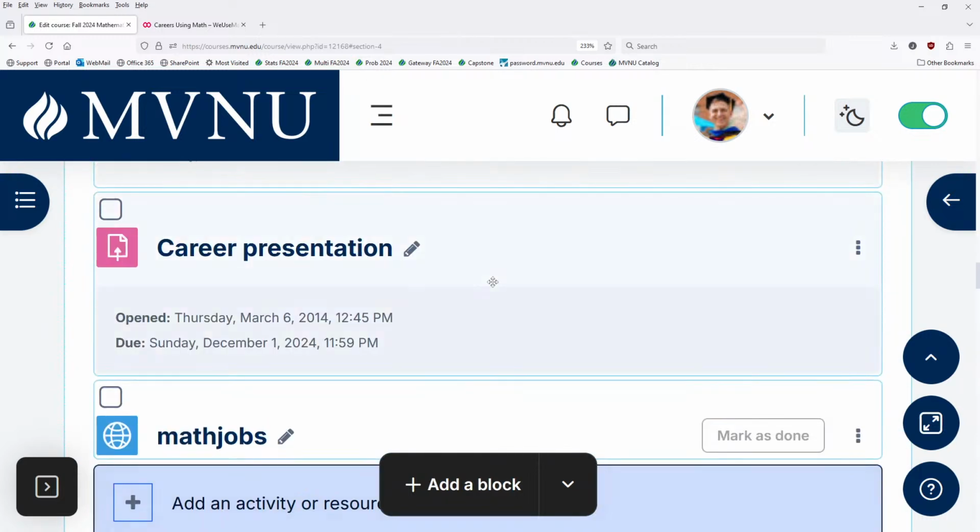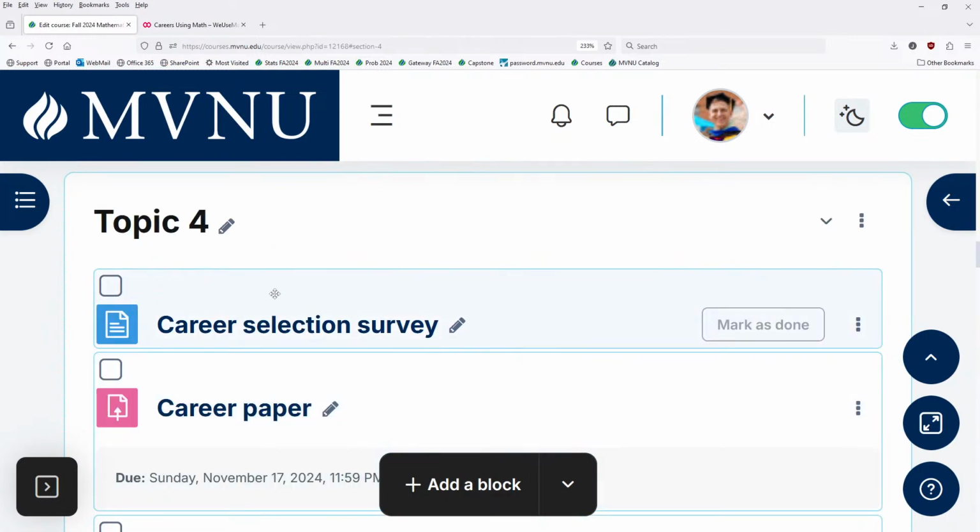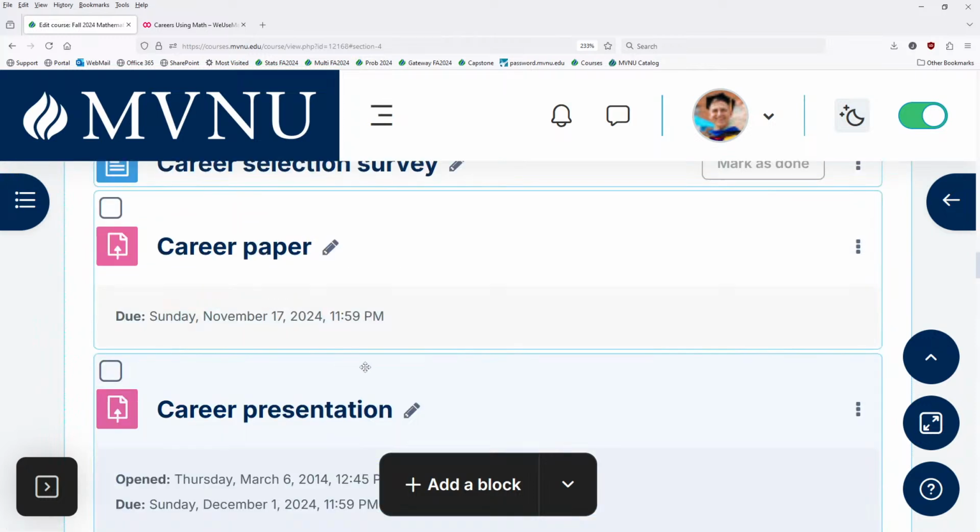So under careers, on this section, we have the selection survey. Once you've selected it and it's been approved, maybe I'll email you one way or the other. So if you were the first one to choose psychometrician, then I'll say, good job, you're a psychometrician. Well, no, you're going to research that. Then you will research that, and the career paper is here. So you're going to research it.